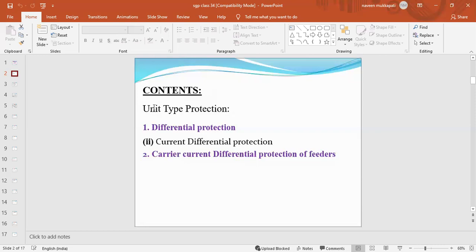Next, in this unit we have the next topic, that is bus bar protection. First of all, what is meant by a bus bar, why do we give separate protection for bus bar systems, and what types are there in the case of bus bars? All that will be discussed in the next topic, bus bar protection.